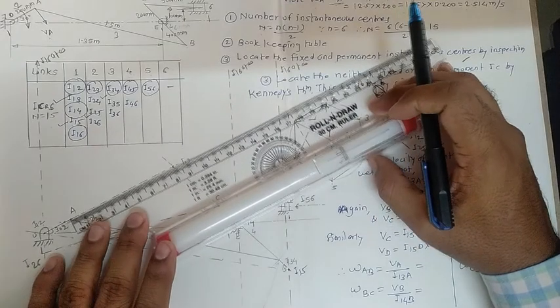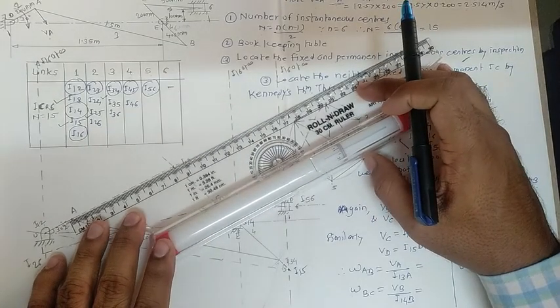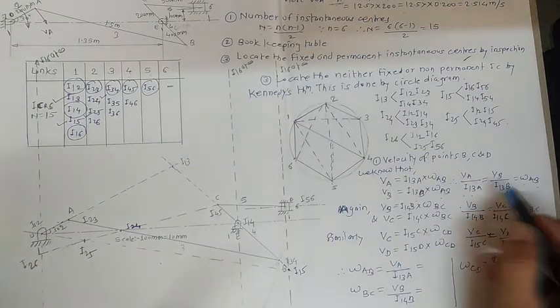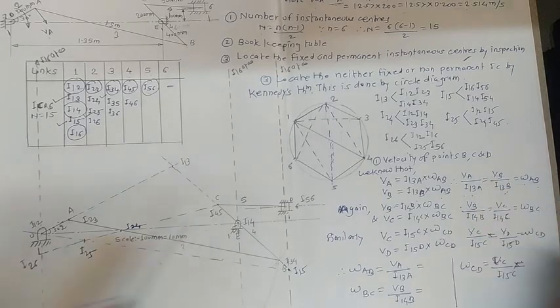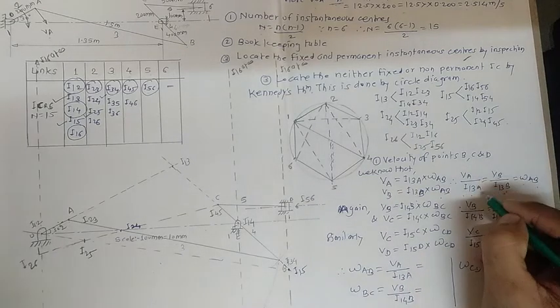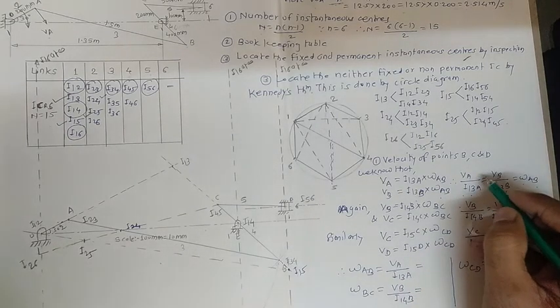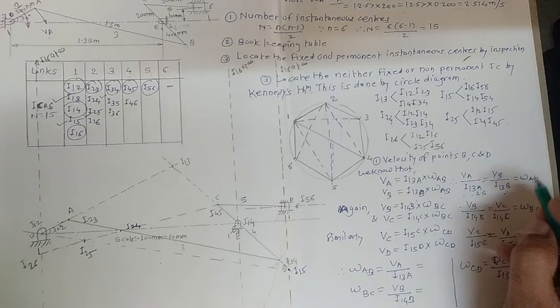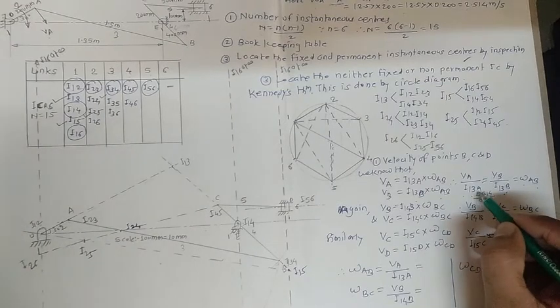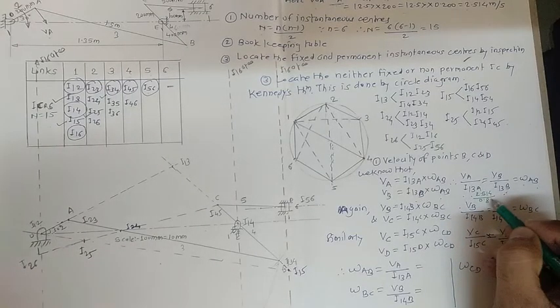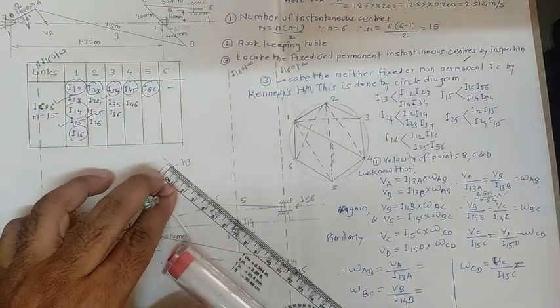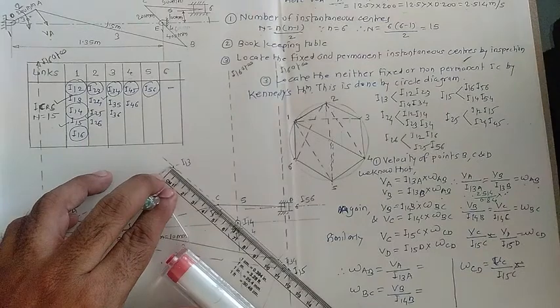If you see here, by measurement the value is found as 0.84. I'll write this here with another color so that we can differentiate that value. Here VA is already with us. I'll substitute the value for VA as 2.514 divided by the length of 13A, which is 0.84 as per measurement, and 13B is 1.07, in terms of meters.